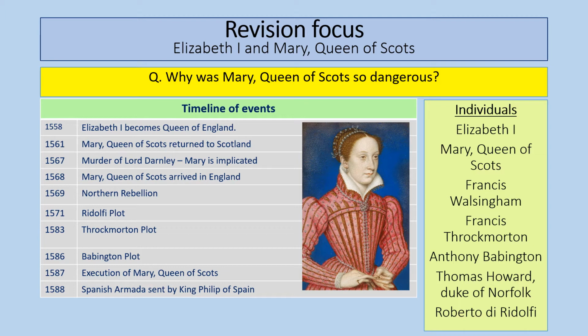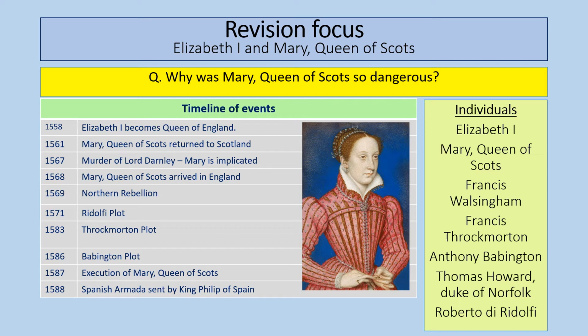And really what's crucial is that once Mary returns to England, she sparks off a whole series of Catholic plots, starting off with the Northern Rebellion in 1569, and then obviously the Ridolfi plot of 1571, the Throckmorton plot of 1583, and the Babington plot of 1586. And this all culminates in her execution in 1587, after the spymaster in Elizabeth's rule, Francis Walsingham, manages to secure the crucial bit of evidence to ensure that she's found guilty of treason and she's executed.